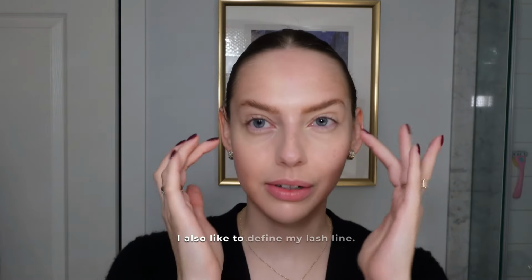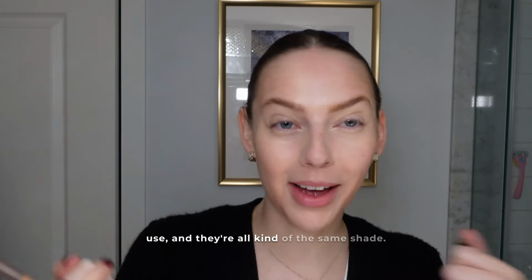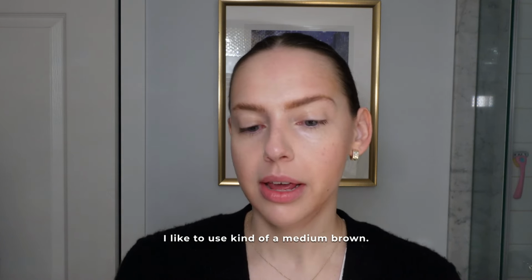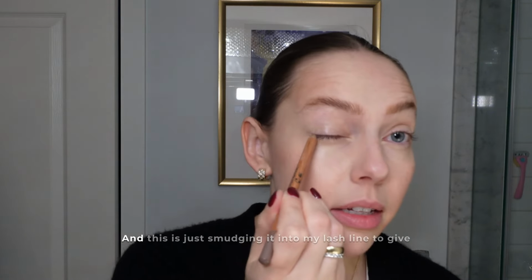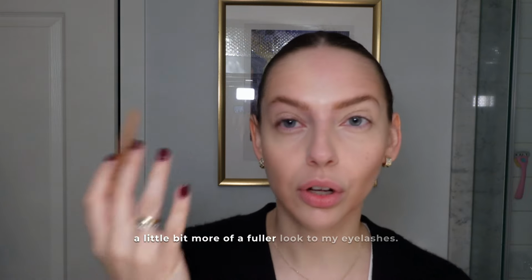I also like to define my lash line, give it a little bit more of a smoky look. And they're all kind of the same shade. I like to use kind of a medium brown. This Makeup Forever pencil in Endless Cocoa. I also like the WESTMAN Atelier eye pencil in Chocolat. And then the Laura Mercier caviar eye stick. To use the Makeup Forever, this is just smudging it into my lash line to give a little bit more of a fuller look